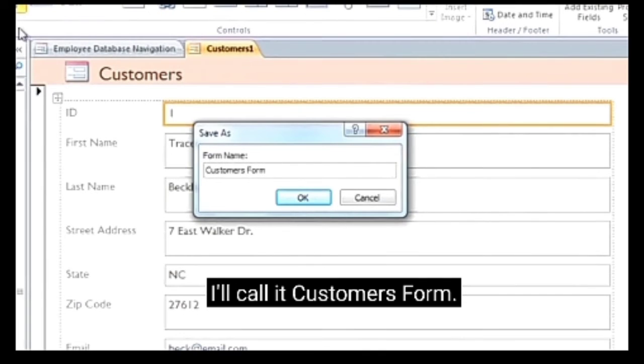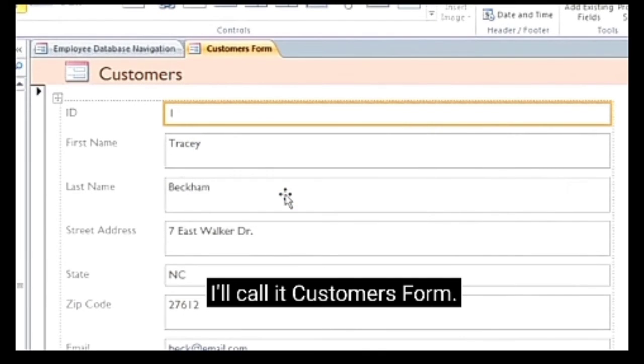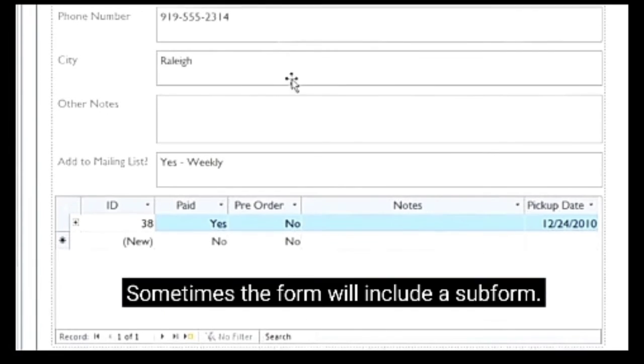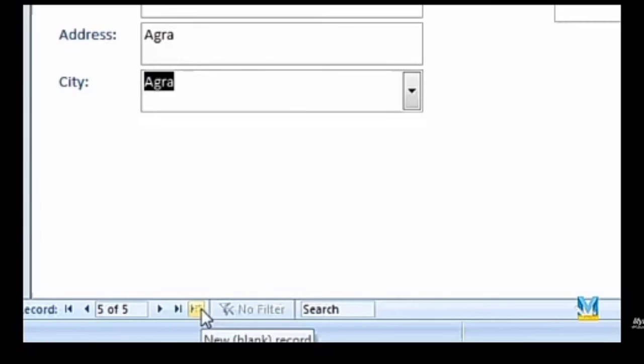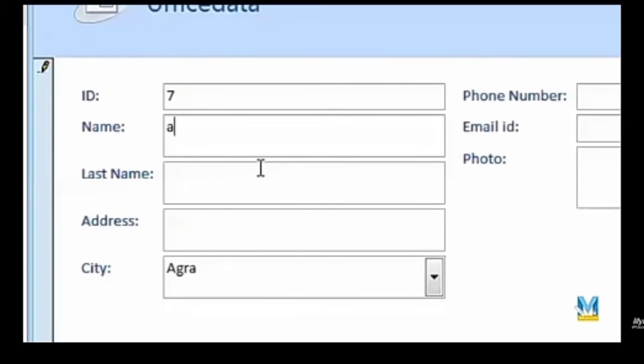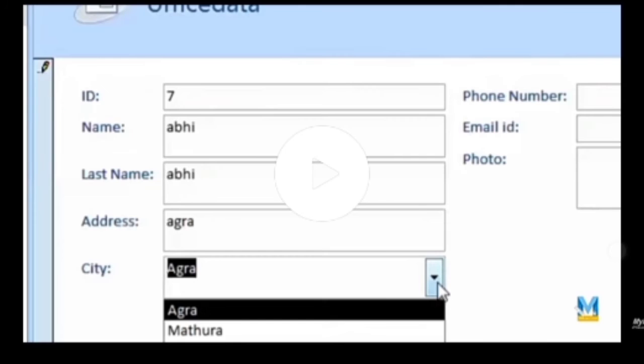The data entries of the table will be displayed in a form, as you can see here. Now click on the new record button located in the navigation pane and enter the data in a form. After entering the data, select that table again and then click on the refresh all button in the record group. The new data entry will be automatically updated in the table.